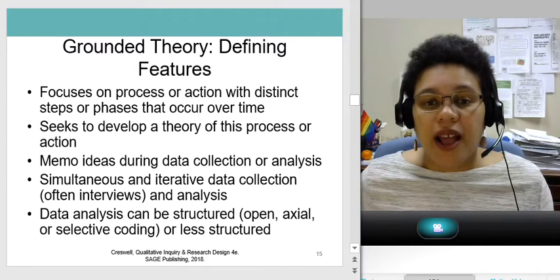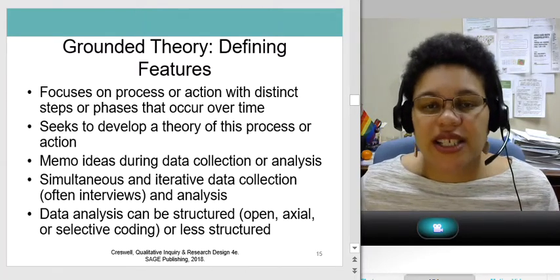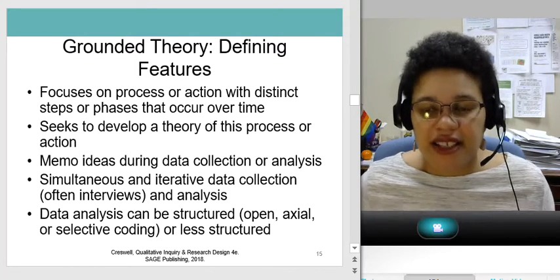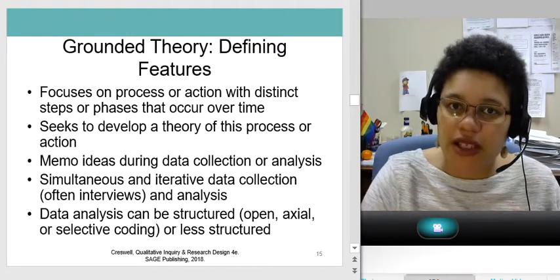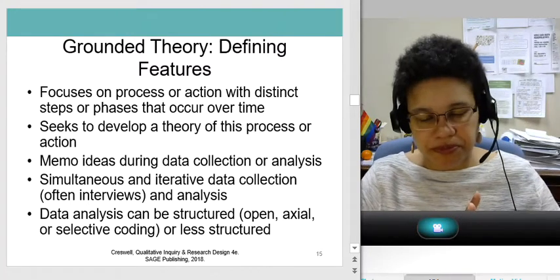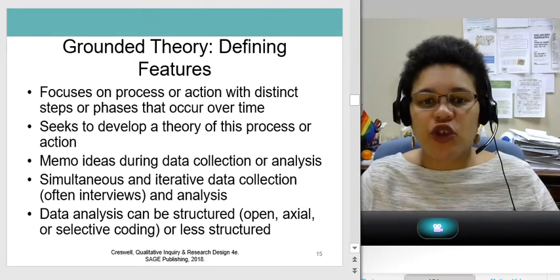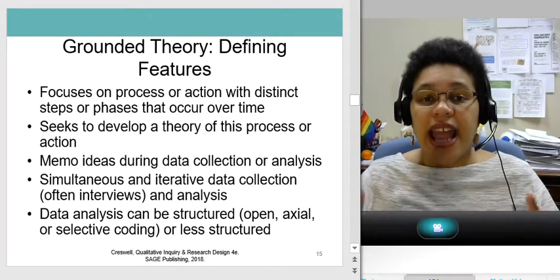We're going to memo our ideas during the data collection and analysis. Okay, this idea of memoing, writing memos to yourself, is very important in qualitative research. And you have this simultaneous and iterative data collection, usually interviews, okay, and analysis.